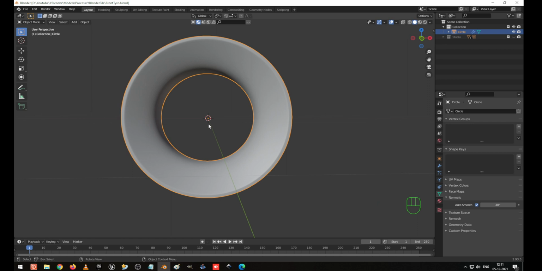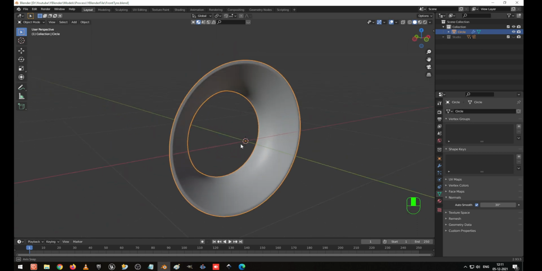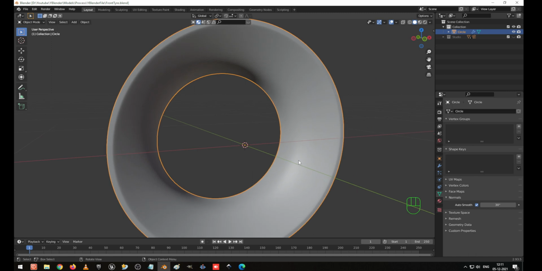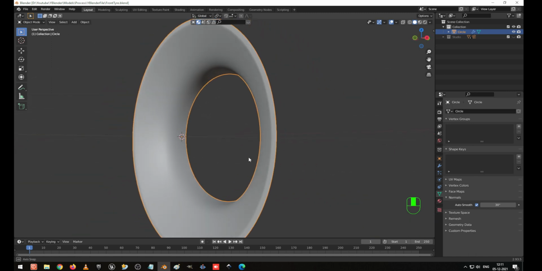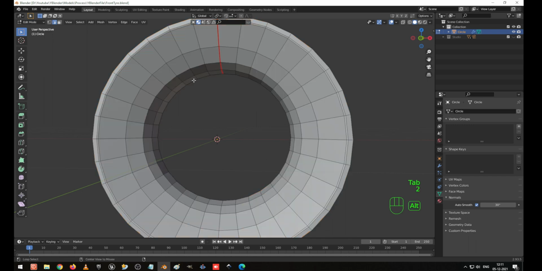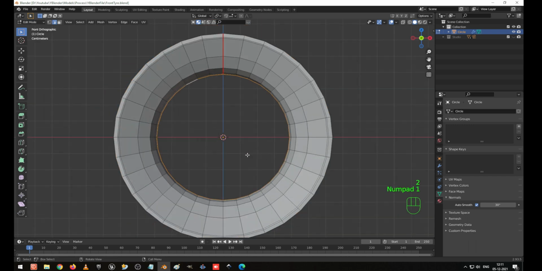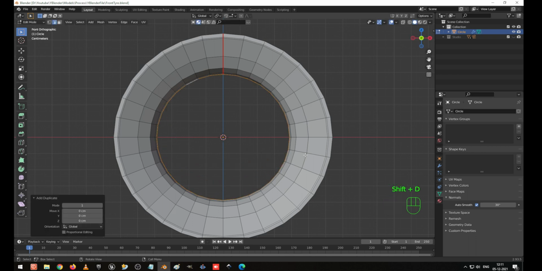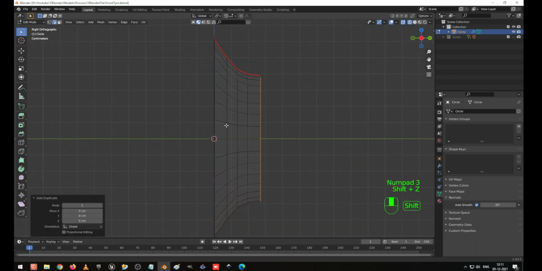Okay, now one object has been made ready for us. So here I'm going to design in another way for modeling. This design is my own design. I go to edit mode, go to edge selection, press 1 on the keyboard, Shift D to duplicate, right click to cancel, go to the side view,